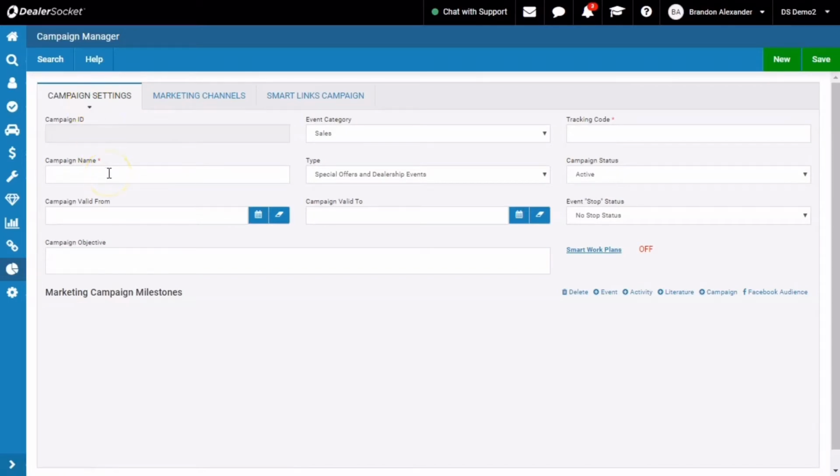So campaigns, what are they? I like to refer to them as processes, steps we want to take after we do something. So we sell a car. We're going to build a campaign that sends an email, that triggers an activity for the salesperson, then triggers an activity for the sales manager, maybe triggers an activity for the BDC. And then it gets to the end of that campaign and maybe we want to put them into another campaign, right? So on and so forth. So we have these steps and the ability to walk through a process